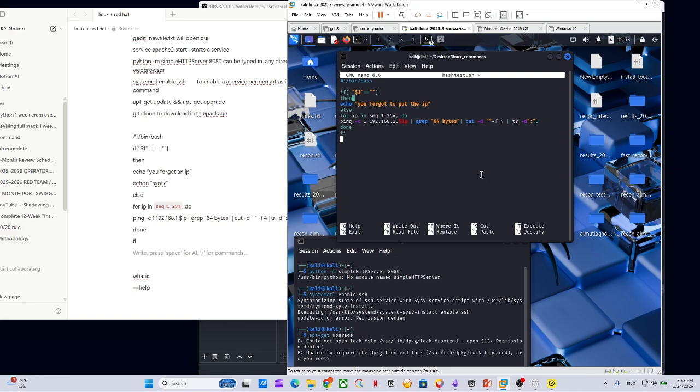It's going to check if the user has entered an IP. Else, for IP in sequence 1 to 254, it's going to check from 1 up to 254. It's going to ping each IP one by one. It will check if the IP is successful. It's going to display 64 bytes, right? It's going to catch that one and remove all the extra unnecessary text, and then it's going to mention